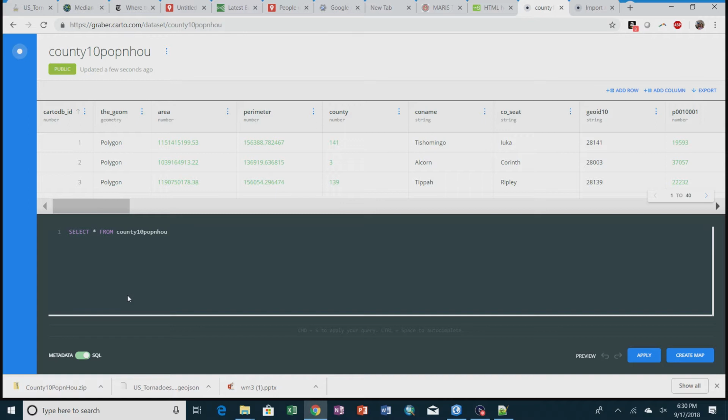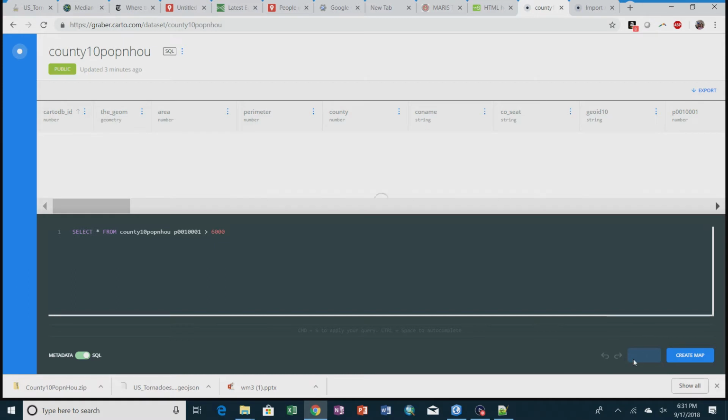This really is an online GIS tool, but the language that you interact with it in is SQL. So I could just, like, if I only wanted to make where P00100001 is greater than, I don't know, 6,000. There's got to be some counties in Mississippi that have populations under 6,000. So if I hit apply here,